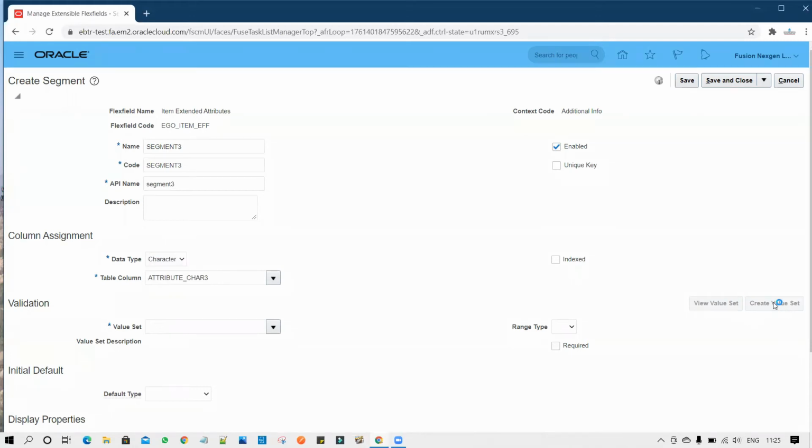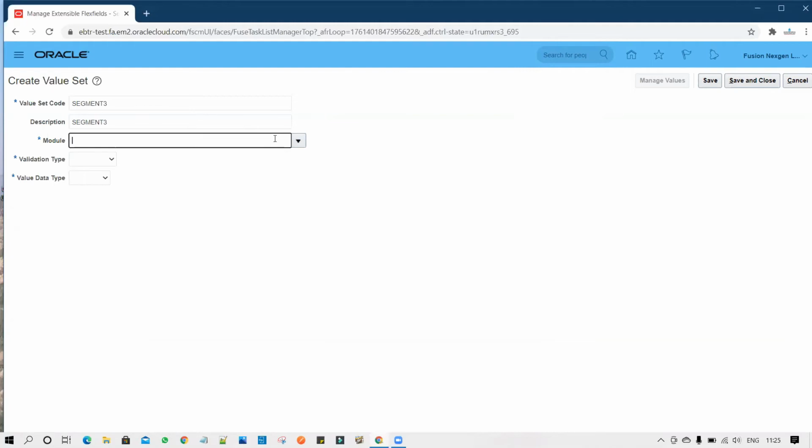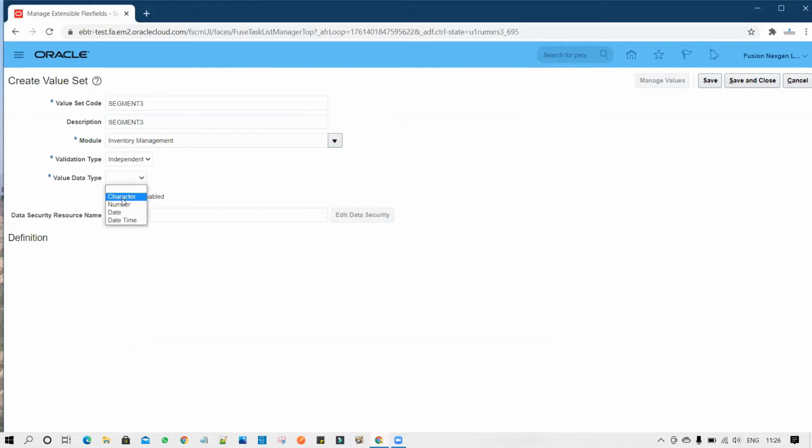This time I will create the value set, an independent value set. I will put the same name, segment 3. Module I will select Inventory Management. Value type I will select independent. Now I will select character.